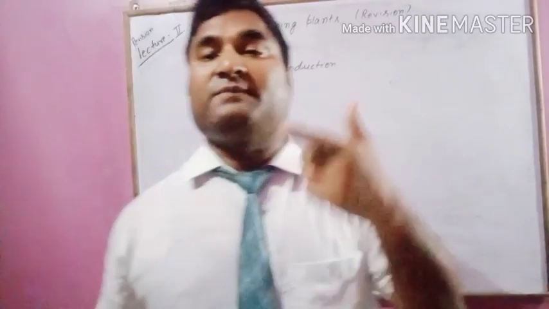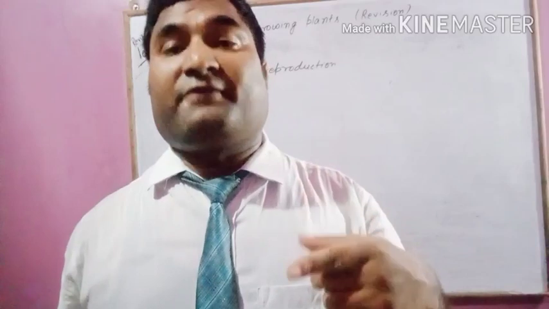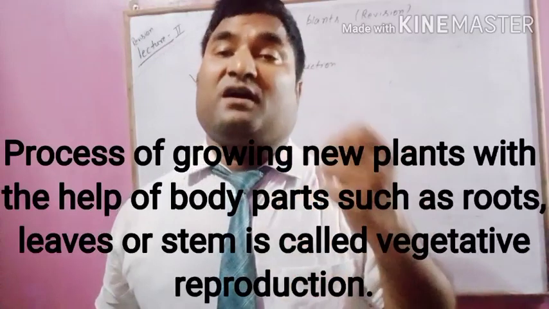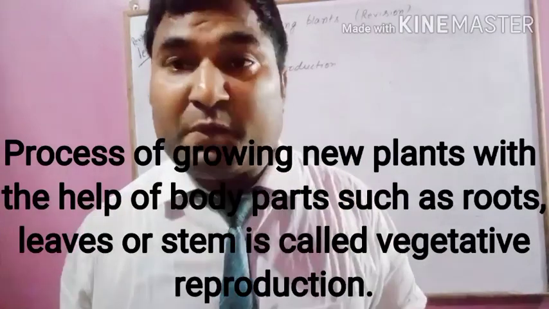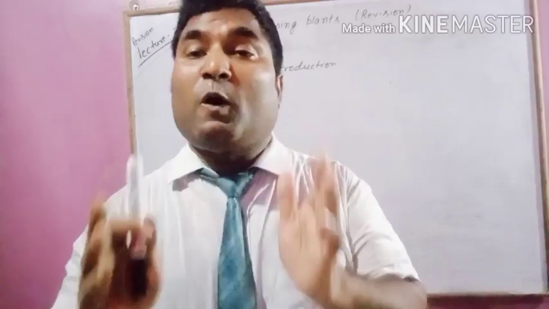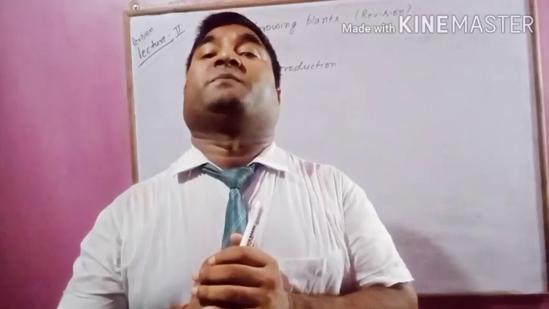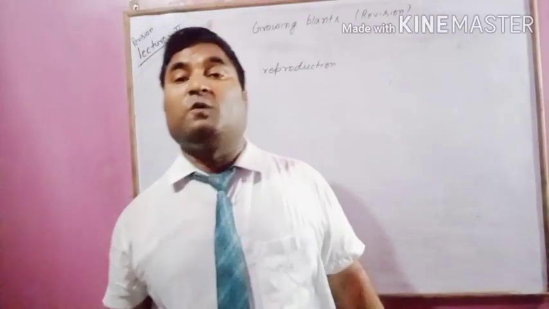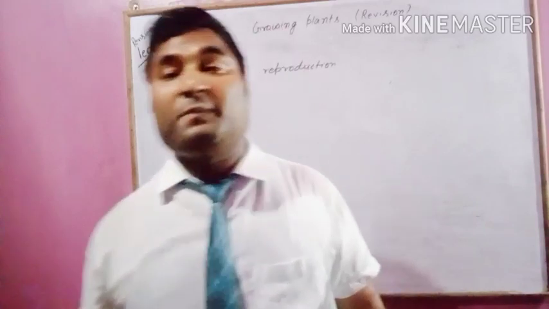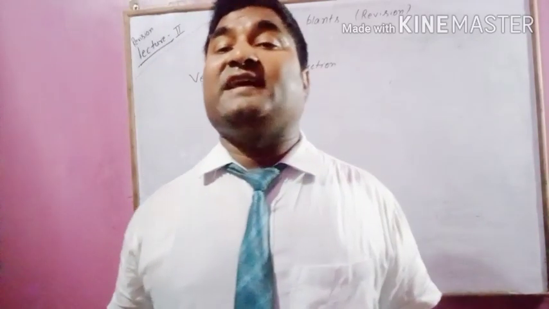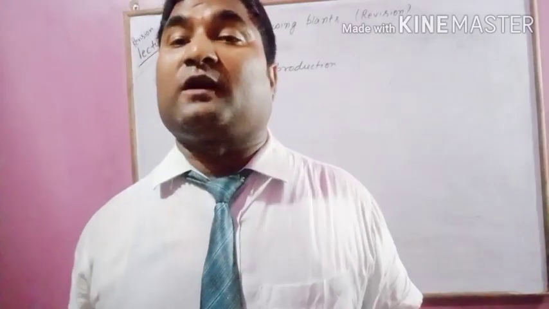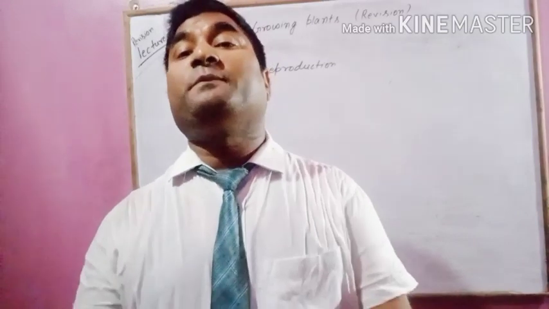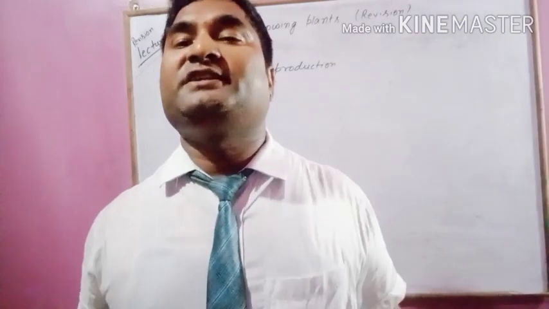Here we are saying something different: the process of growing a new plant with the help of body parts of the plant such as root, stem or leaves is called vegetative propagation or vegetative